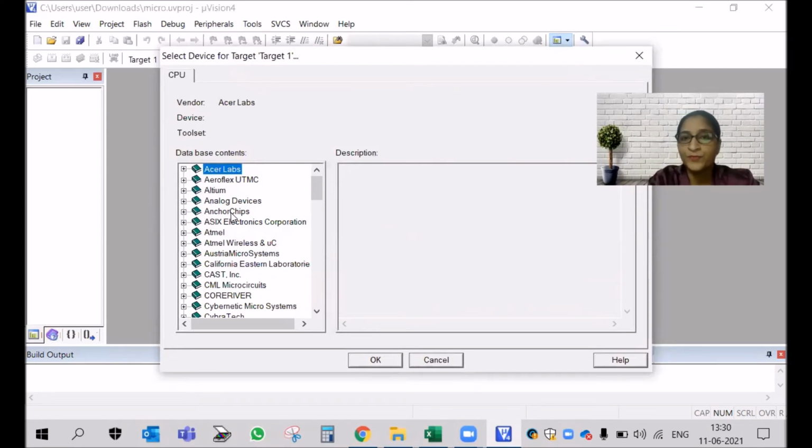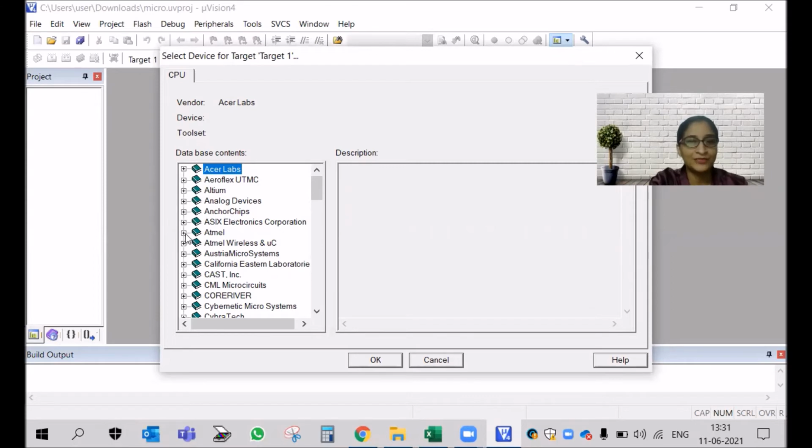So as I told you before, whatever programming we are doing, our ultimate goal is that after we do the programming, we'll do the simulation part by using Proteus. And then if you want to see that result in hardware, on a breadboard or PCB, for that you need to put this program in that IC. So whatever device you are selecting here, you are supposed to use the same device at the last stage, right? So this is the preparation for that, okay?